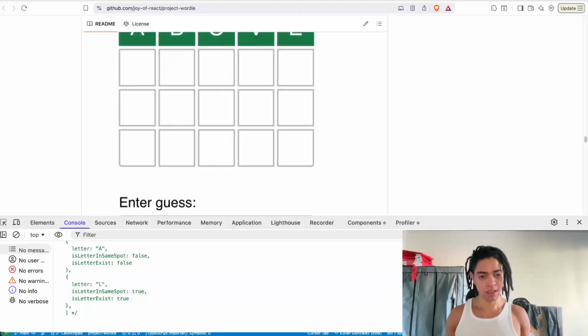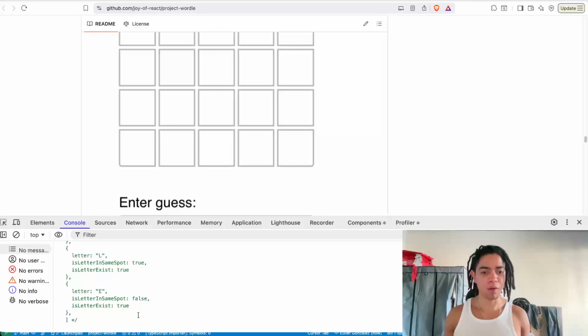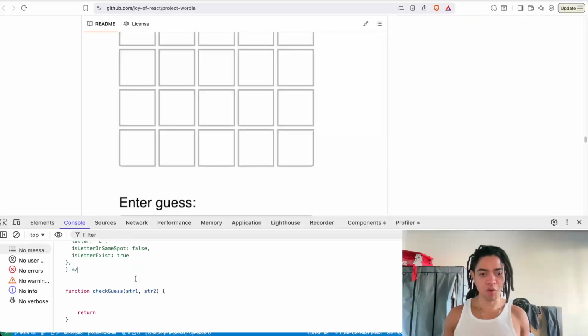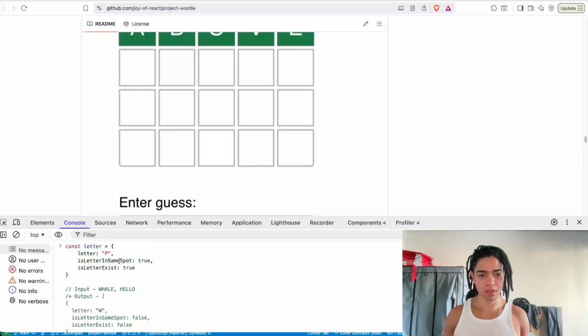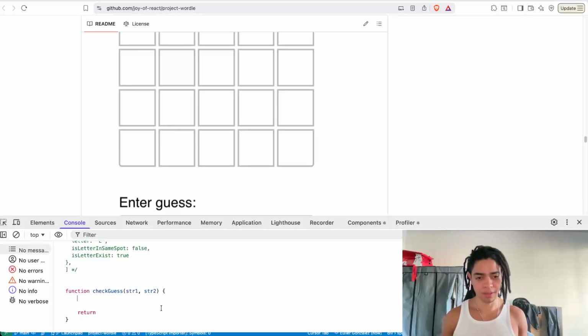And then you have the E. You say, hey, it's not in the same spot, right? But it exists. So this is the output here. So how can we create this piece of logic here? Well, pretty straightforward. Now that we know what the input and the output are, here we can say,